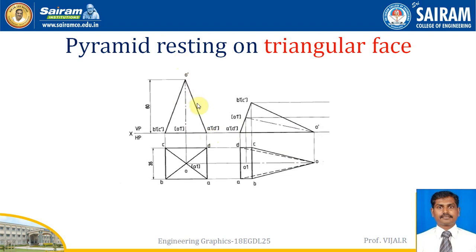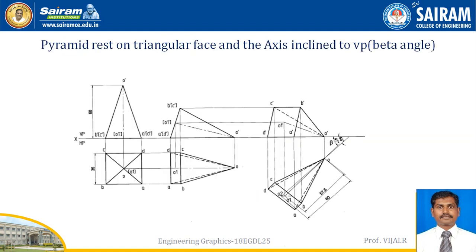As I said, we are taking this distance and measuring here, making an arc, and by selecting this distance and the OB distance, we will take an arc from here, mark the intersection point, and join. You will get this, obviously. So we get the top view also. Once that is done, what do we have to do? Since it is inclined to both, that is, the VP directly given without appears, you have to find the beta angle. We know how to make it.